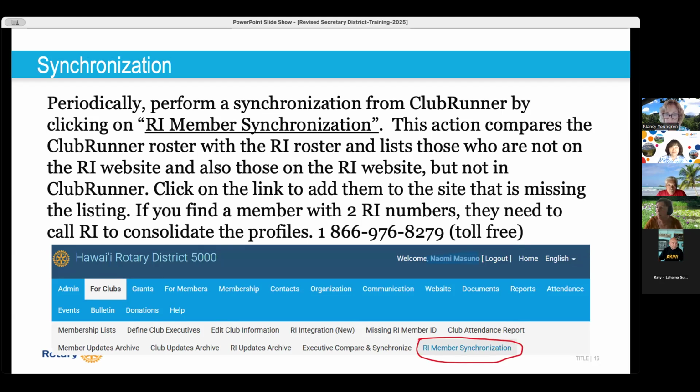So once you get to the member login at the very top of the District 5000 website page, if you go to For Clubs, one of those buttons is RI Member Synchronization that we were just speaking about. As it says, it compares our Club Runner roster with the RI roster.